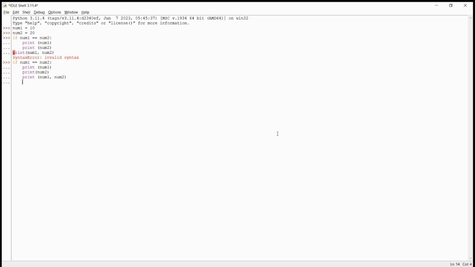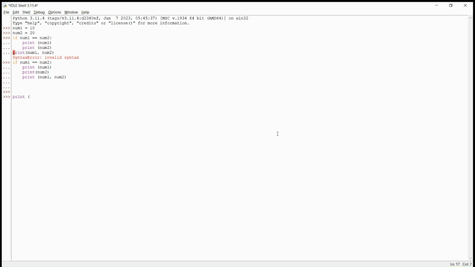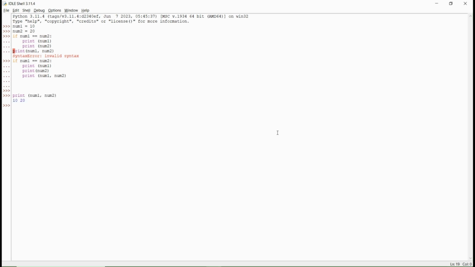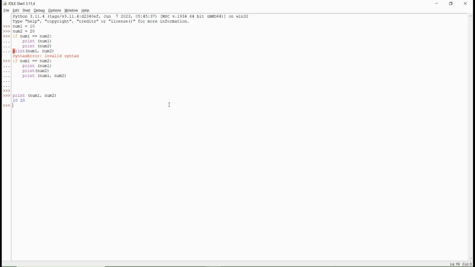Now it is taking the intent. I want to close the block, if block. Now if I say print, it's the value. If you look at the prints within the if condition and the print outside, we have three